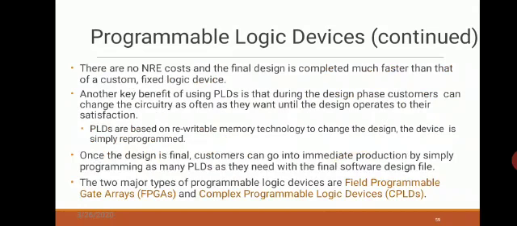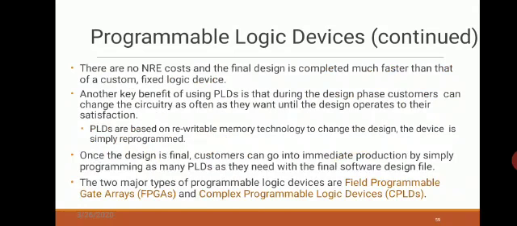Okay, let us see more about these PLDs. There are no NRE costs here. As we had seen in the ASIC, we need a huge initial investment actually. But in case of programmable logic devices, there are no NRE costs. The final design is much faster than the custom or fixed logic device.